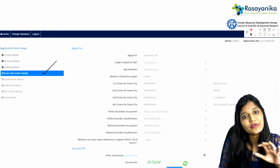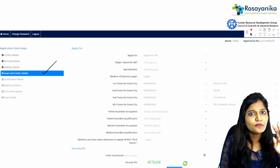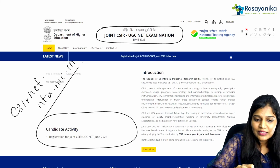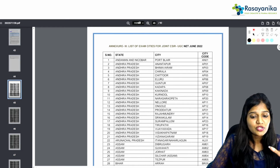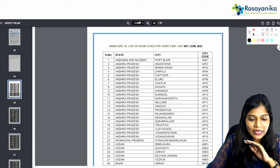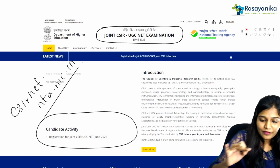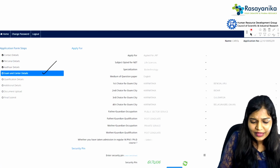And the choice of examination cities are given here. So you can randomly choose 4 cities of your interest. If you want to know what things are available, you can check page number 45, which is available in the brochure, where you will get the list of exam cities for this examination. So I have clicked some of the examination centers of my interest, and then next you are going to go in for